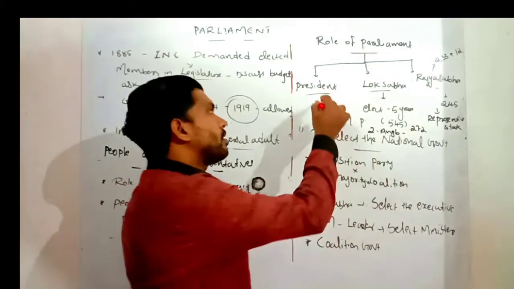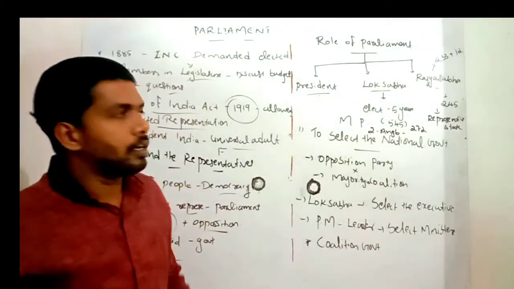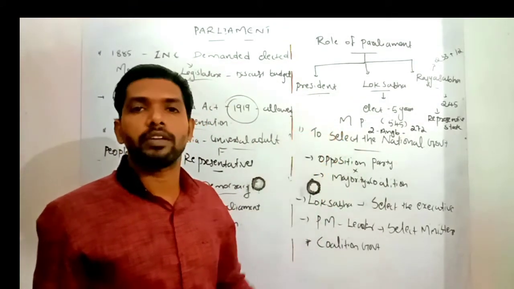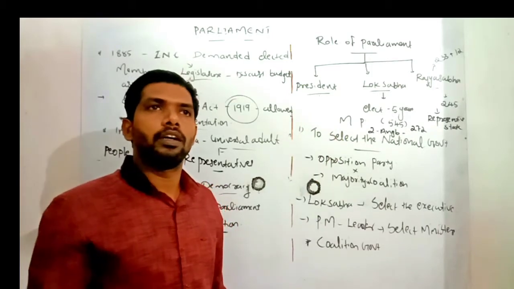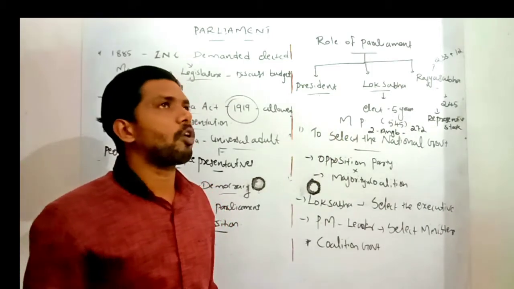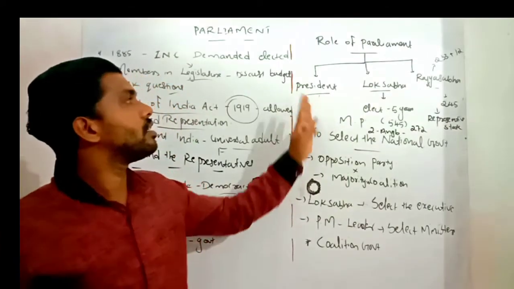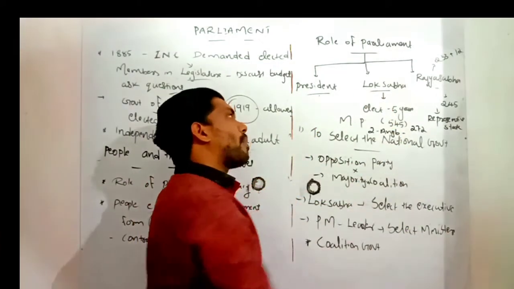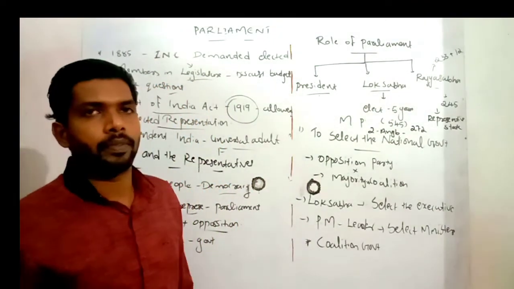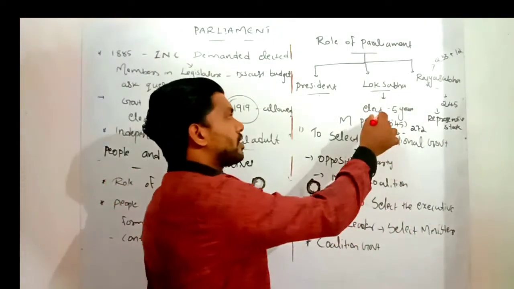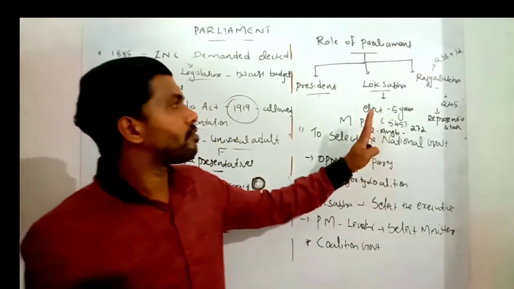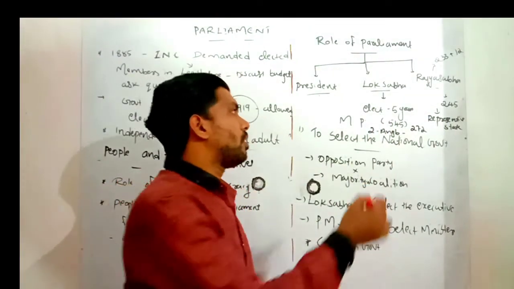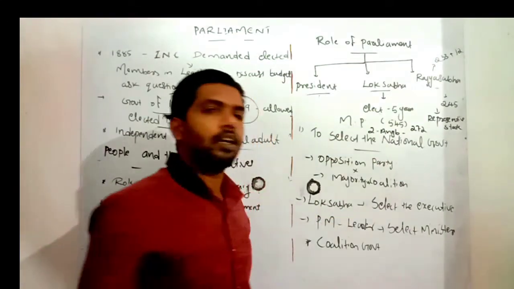And here, the President's role we know. What do you mean by the power of the President? The President is the head of the state of India. Every law, everything related to emergency and lawmaking, is concerned with the President's power. And the second organ of the Parliament is called Lok Sabha. Lok Sabha is elected every 5 years. Its members are commonly called Member of Parliament or MP.